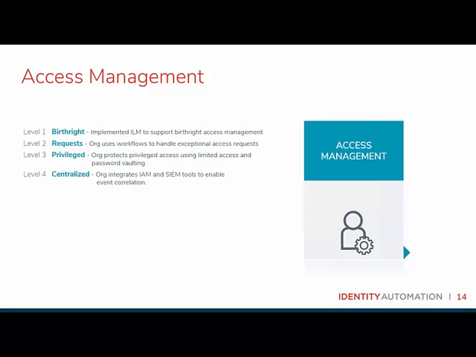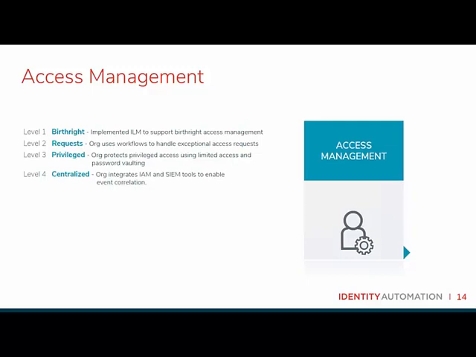So that's looking at attributes about an identity, what data is available with that identity to make determinations on what access they should get. So are they located at a particular office? Do they have a particular job title or job assignment or several job assignments? And then, do they have membership in a particular role, and can we apply that role as part of the access for a particular resource? And then at this level, our exception handling is typically handled manually, so there's not an automated process for that.